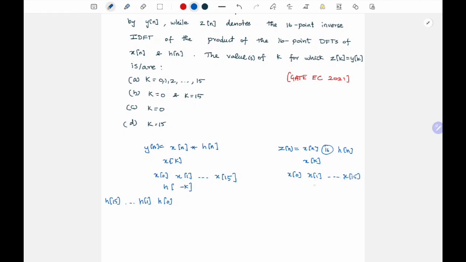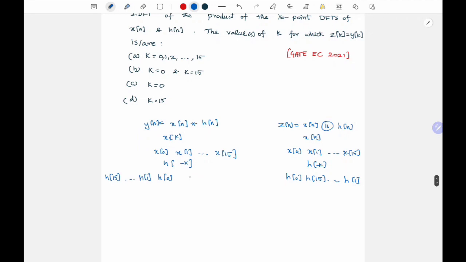Similarly for h of minus k, what do I have? I'll have h of 0 and all other things will be shifted. So h of 15 will be reversed to h of 1. So now what will be my y of 0? It will be this multiplied by this and a summation of them. Even here it will be this multiplied by this and a summation of them. Clearly you can see only when these both are equal will my y of k be equal to x of k, right? So for y of k equal to z of k,